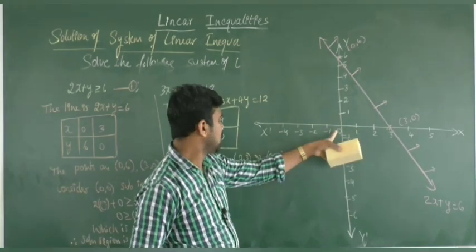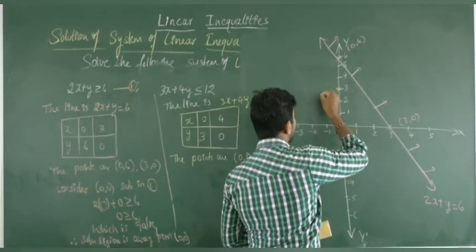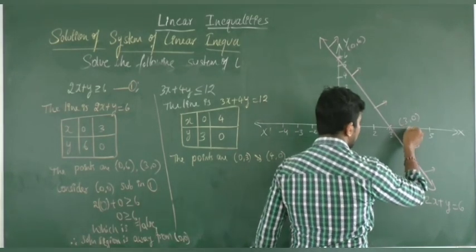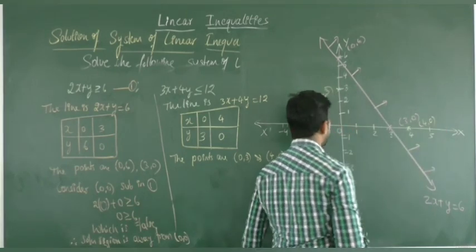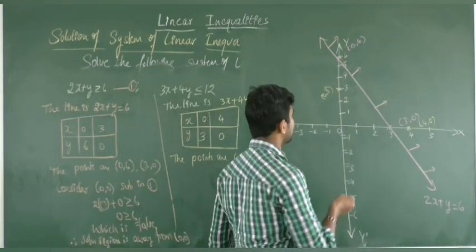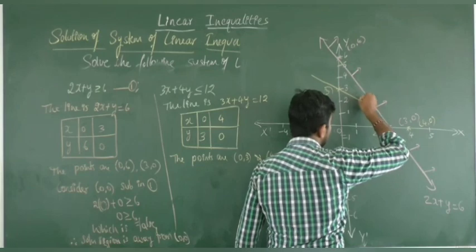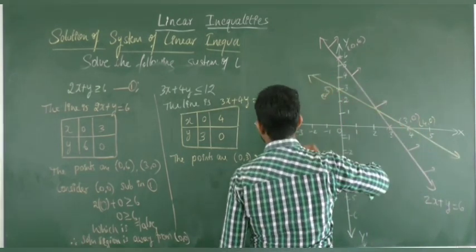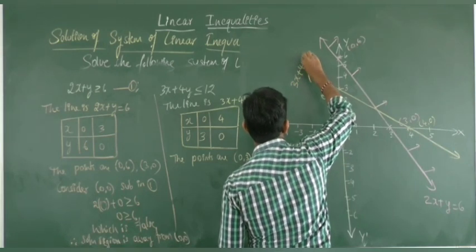0 comma 3 we have in y-axis, so we'll get this point 0 comma 3, and 4 comma 0 lies in x-axis, this point is 4 comma 0. After that, join the points by using a thick line. Again, it is a slack inequality, so join the points by using a thick line, using a scale, like this. So be very careful when writing. Write the equation of the line, 3x plus 4y is equal to 12.